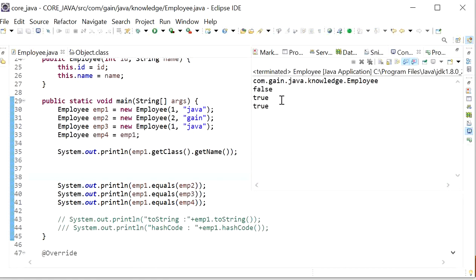So here we can see that it is the com.gain Java knowledge Employee class. So the getClass function is mainly used to get the name of the class.